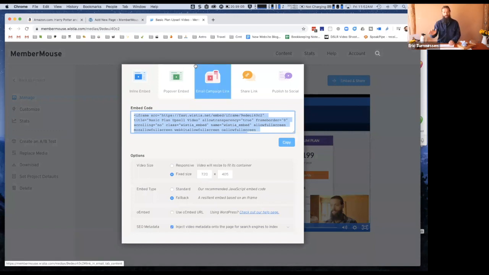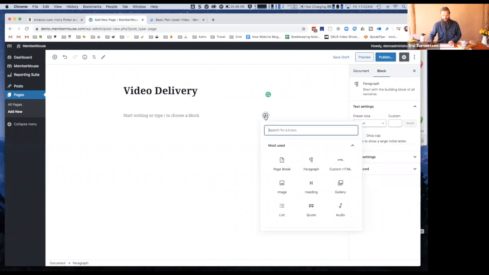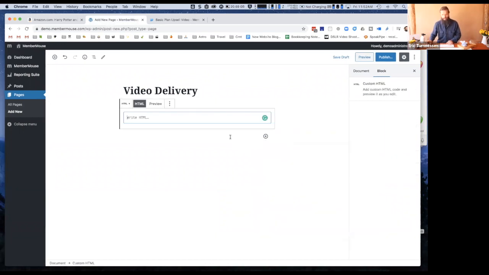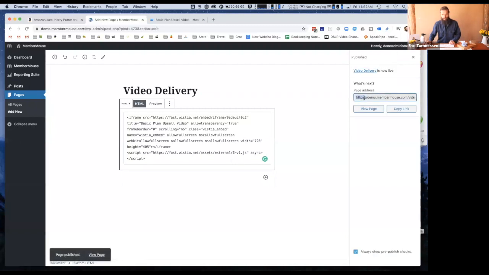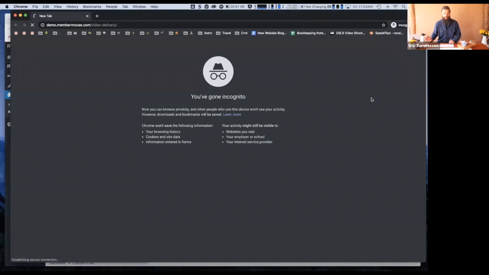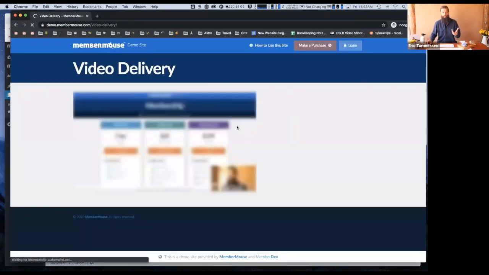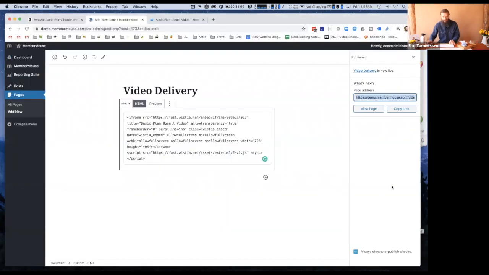So I go to my video hosting provider, and then I go back to my video delivery page in WordPress. I find the HTML block and I insert the HTML I just got from the video provider. And I'll go ahead and publish this. Now, this is the address of the video that I just published, and you'll notice that when I go to it, it allows me access because I haven't protected this page yet. So now this is open to the entire world. But